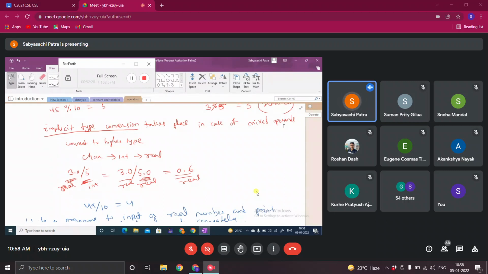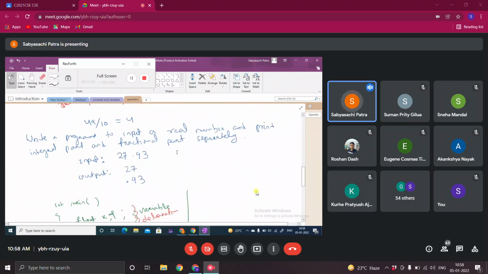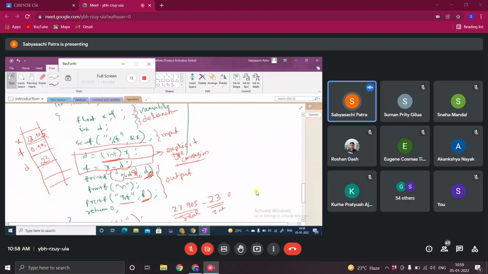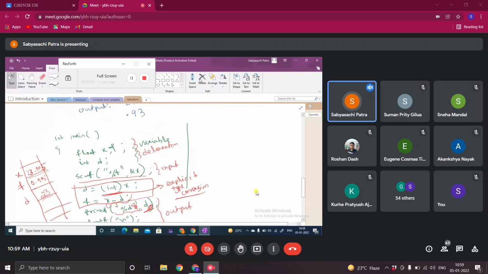Most of the operations you perform are on binary operators. In case of binary operators, if mixed operands are there, then implicit type conversion takes place. Lower to higher conversions. And explicit, you need to explicitly specify. Whenever you require some answer, then you explicitly mention.